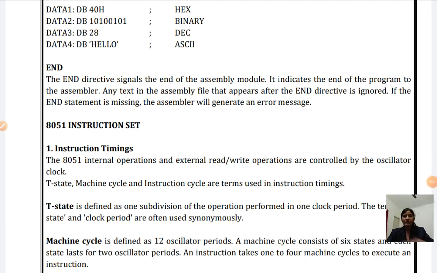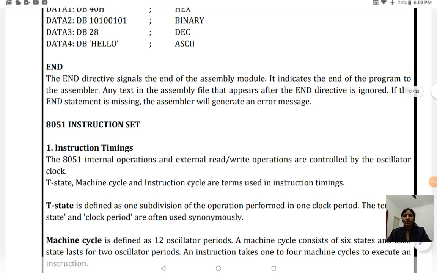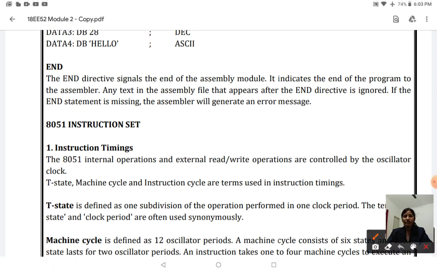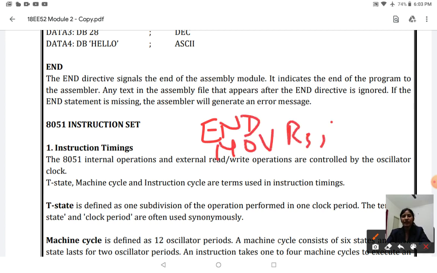The last one in your assembler directives is the END directive. Suppose you are writing the END instruction at the end of the program. After this you write MOV R3, #55. The assembler will not encounter any more instructions once it encounters your END instruction. It is the last signal, the last line of your program. Therefore the END directive signals the end of the complete assembly module. After this, whatever instruction you write will be ignored by your